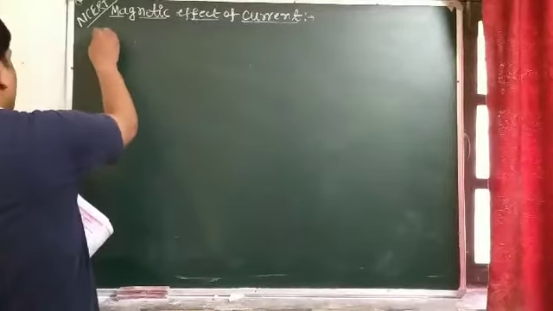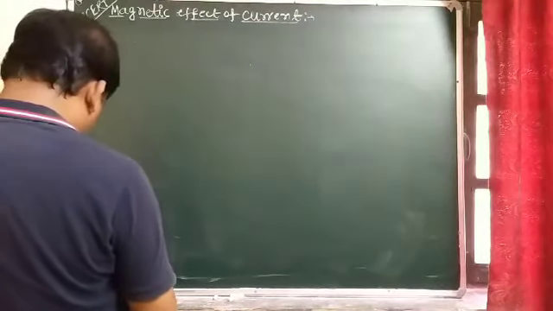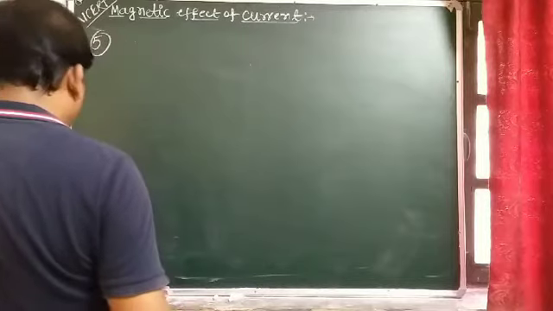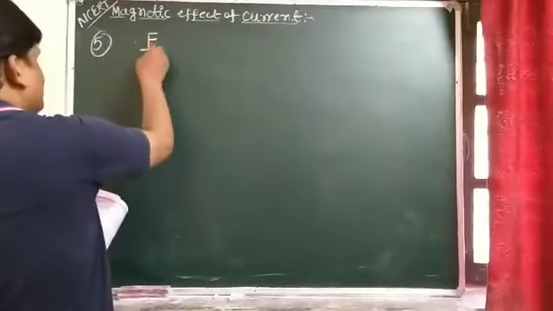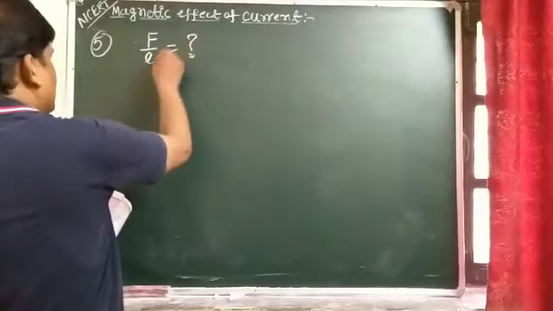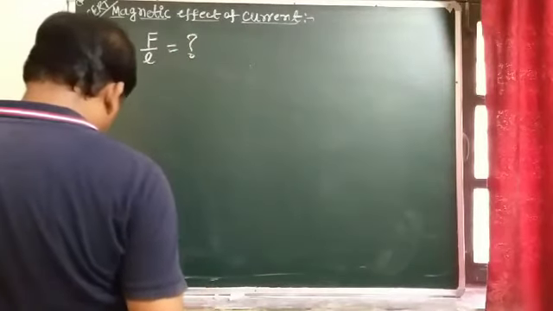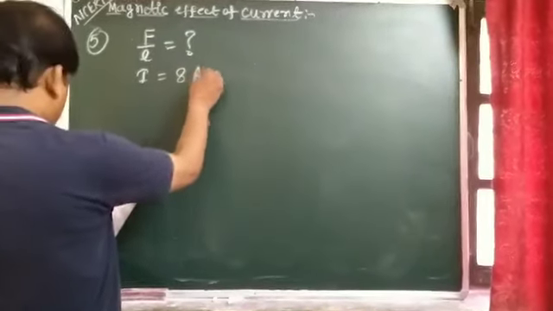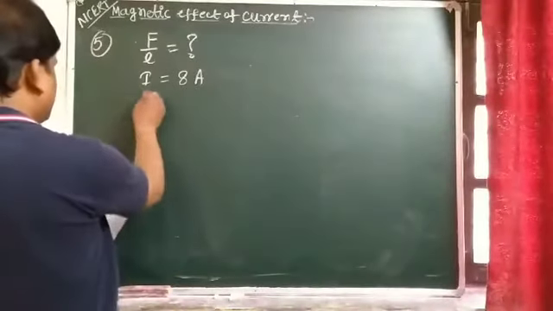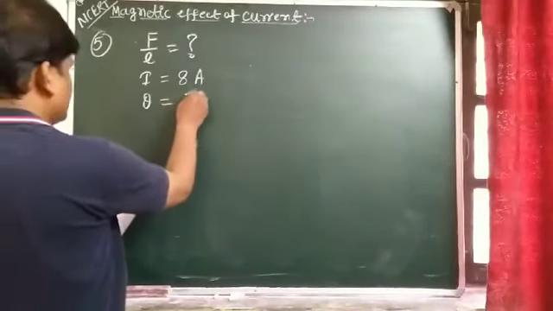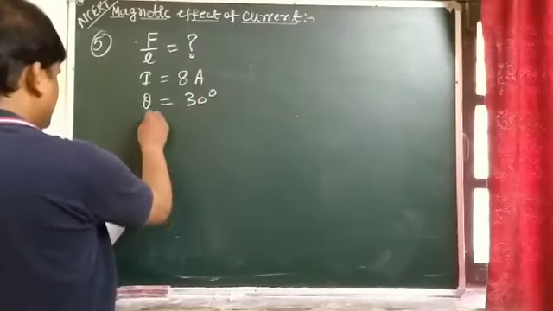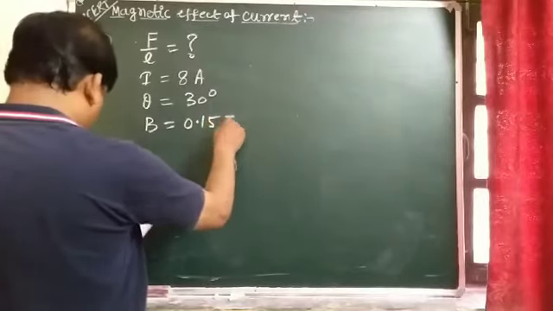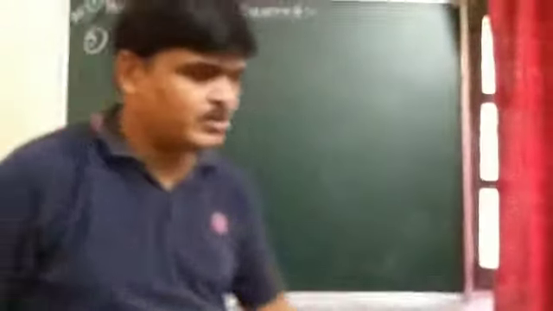So question number 5. Student, what is the magnitude of force per unit length of wire? So we have to find force per unit length. That is what we have to find. And carrying a current of I, that is 8 ampere, making an angle 30 degree with magnetic field which is given, that is 0.15 T. And student, you know that